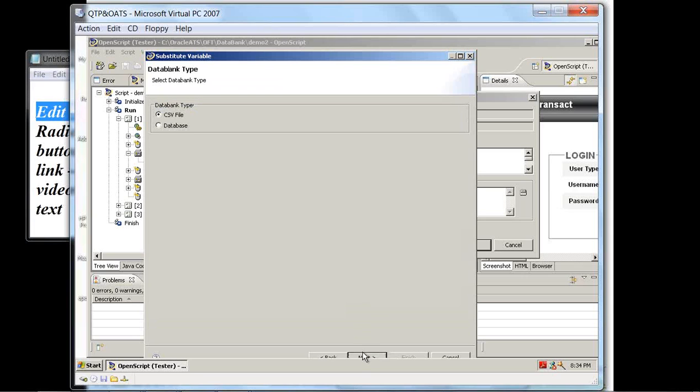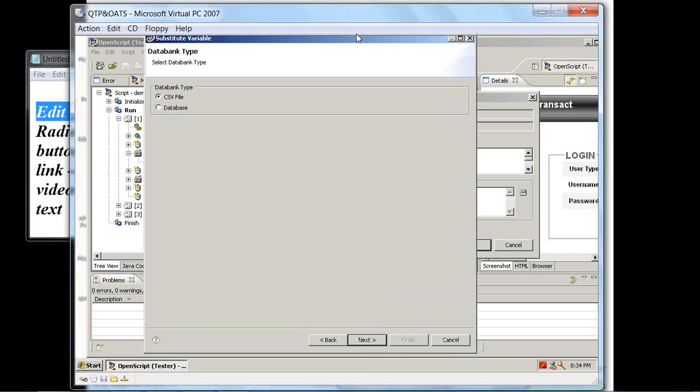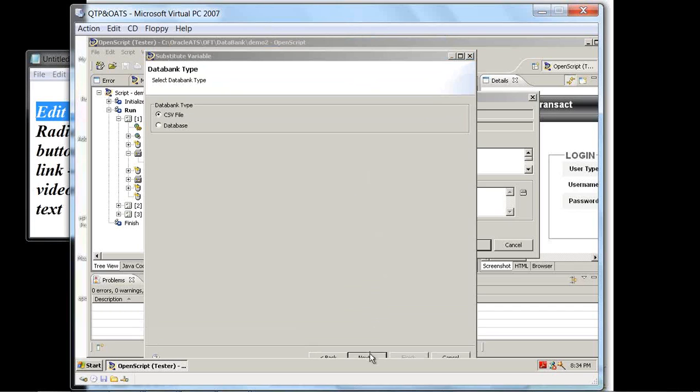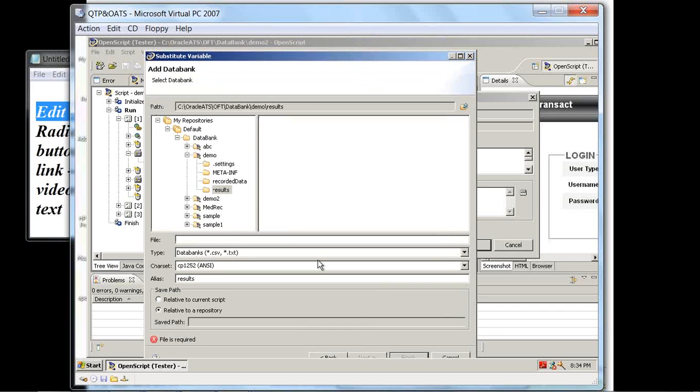Right, and the supported format is the CSV file again, because we do not have any databases so far. Right, so data bank, you can select which data bank you want. Okay, so I'll just say it is in my repositories. It is in default. What were the data banks we had?